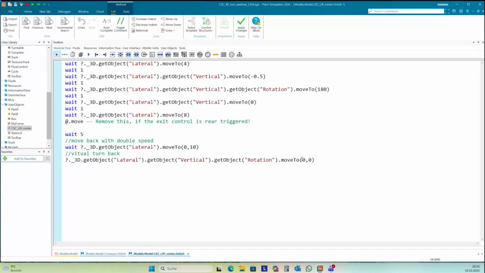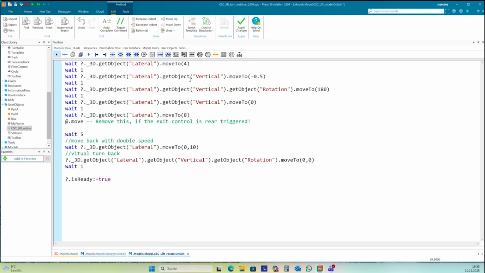Otherwise, we cannot move again to 180. After the first rotation, we are on position 180, and we need to go back if we want to rotate again. And then I wait 1 second again, and then set is ready to true.